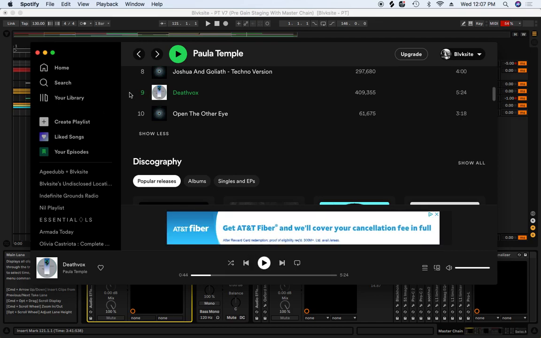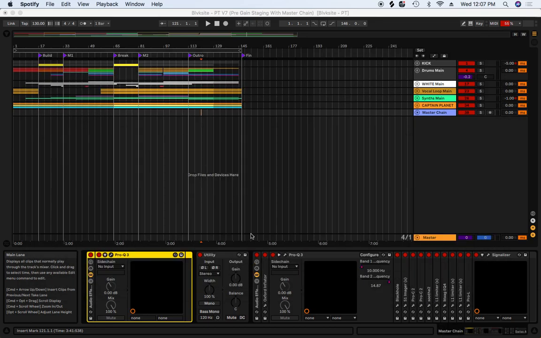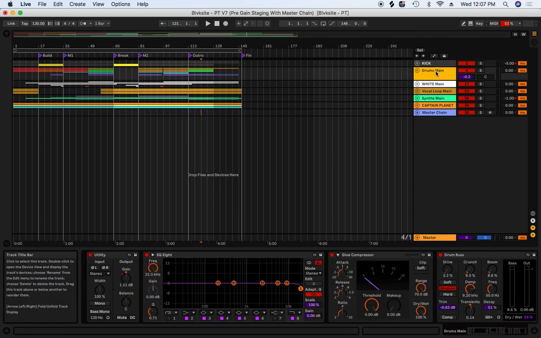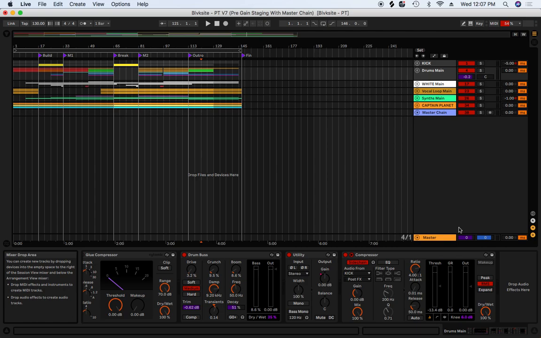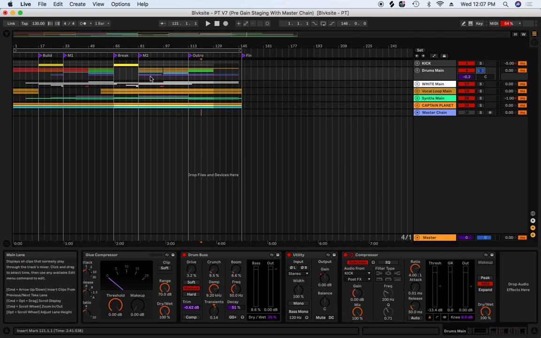And the coolest thing I think about this track is that it's using generative techniques. So you're making a drum loop, but then really what you're doing to change the drum loop has less to do with drum fills and more has to do with automation. So for example, if you listen to my drums,